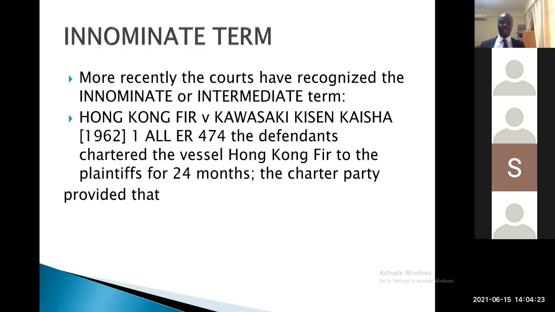So charter party is simply a contract under which a ship or a marine vessel is leased or hired. So this was the deal. So the ship had been leased or given out for 24 months. When it was delivered, the engine room staff were not many, and it also appears that they were